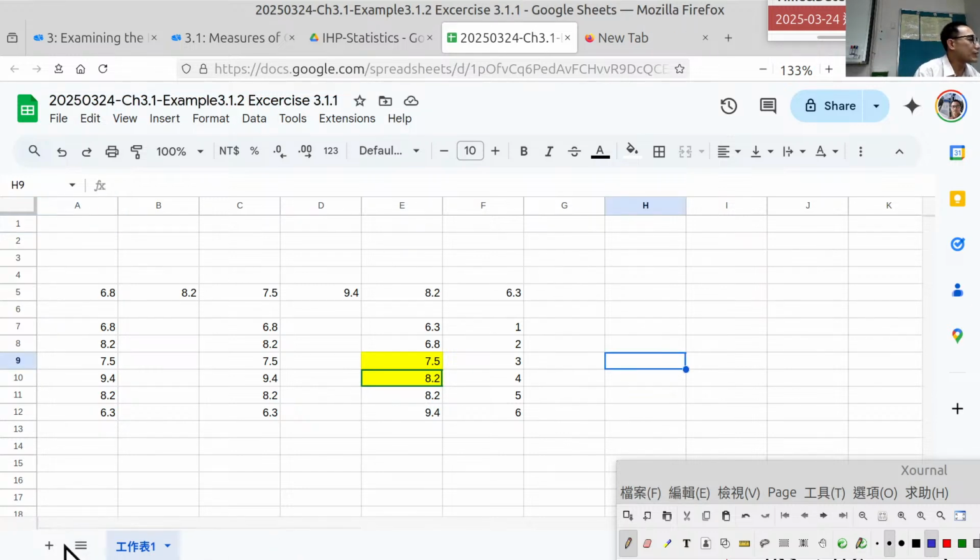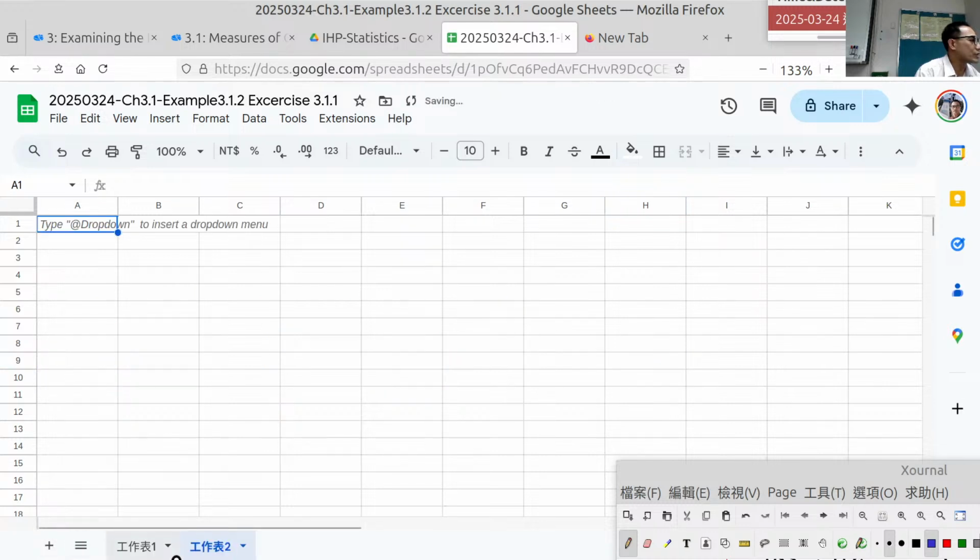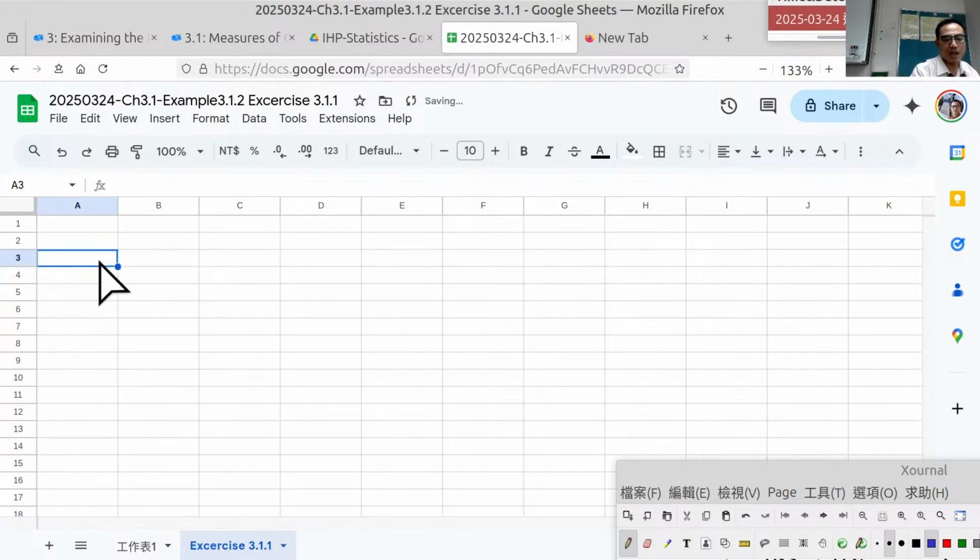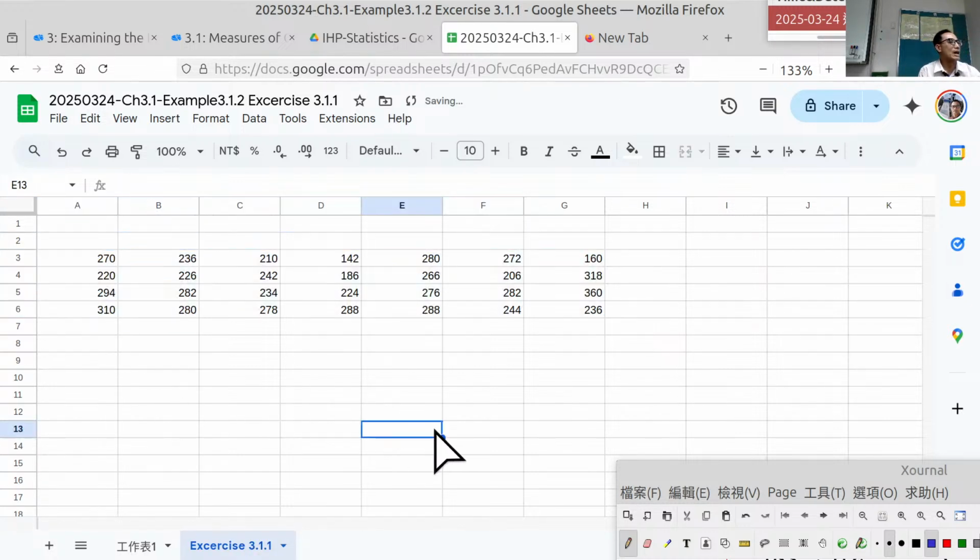Okay, and I plan to have a new worksheet. Then I can paste the information here. Okay, and I have an easy way to do this. For example, I can